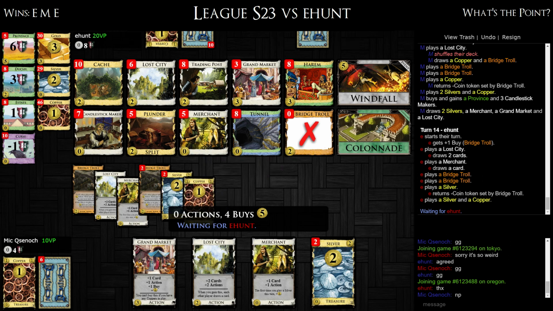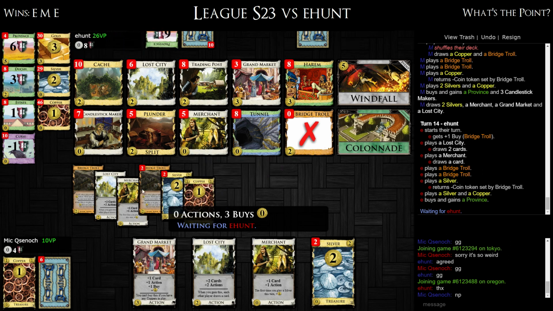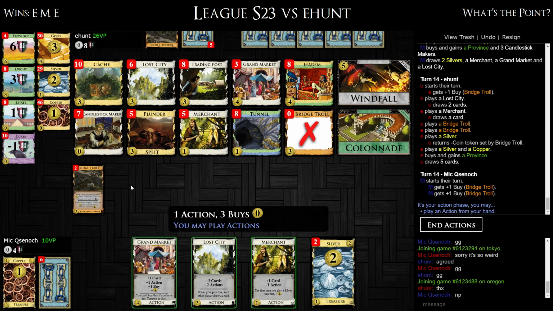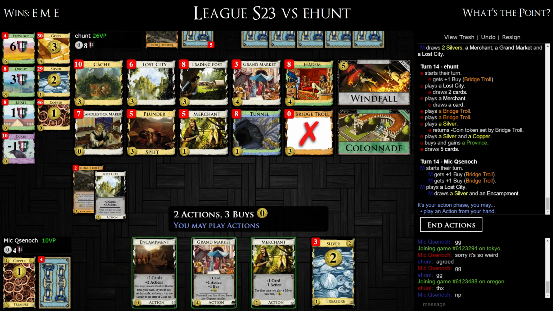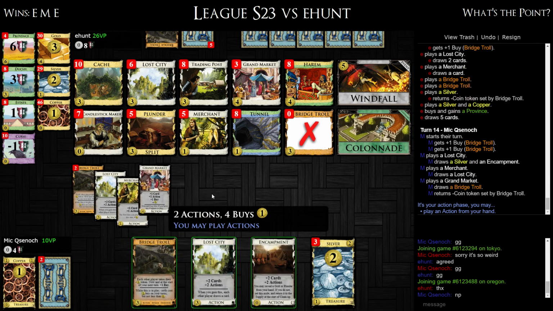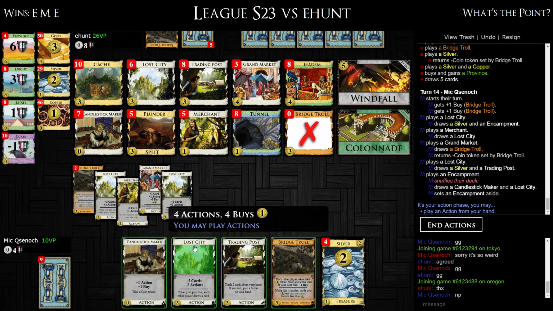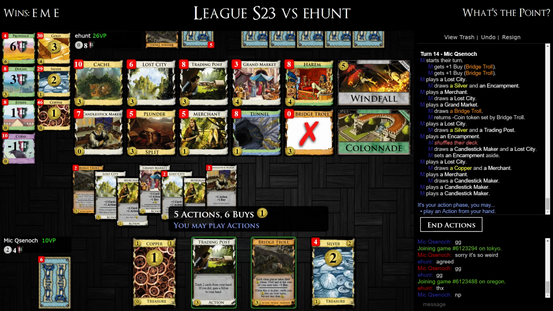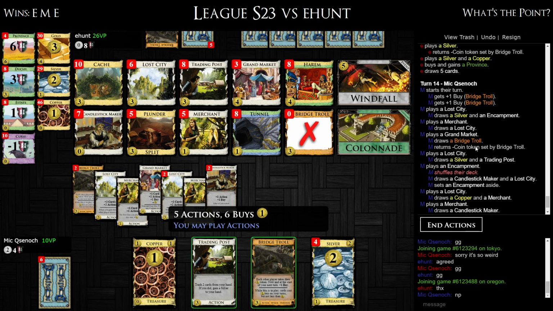He's running into this. It's not really much of an issue, but he's running into the fact that he just doesn't have much actual draw apart from the encampments that he's picking up, and so some turns he doesn't have very much draw. But let's be honest, again, it's not consequential. So unless he still failed to draw any of the encampments,